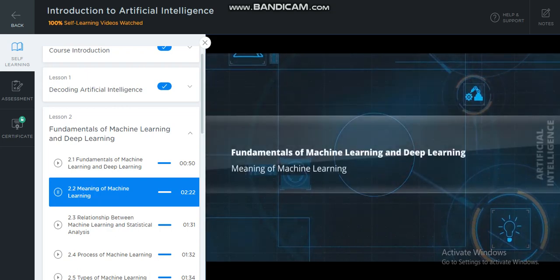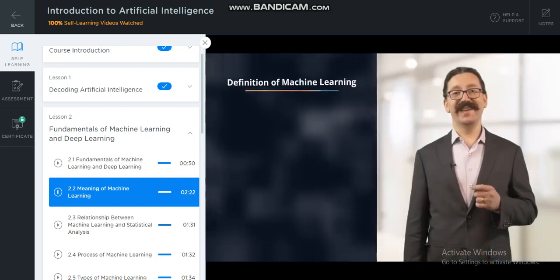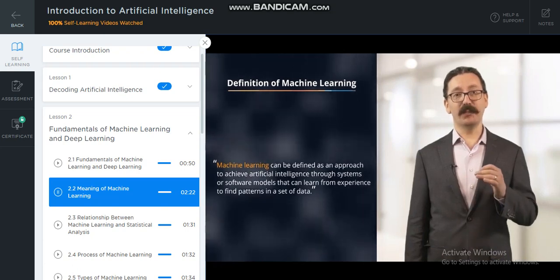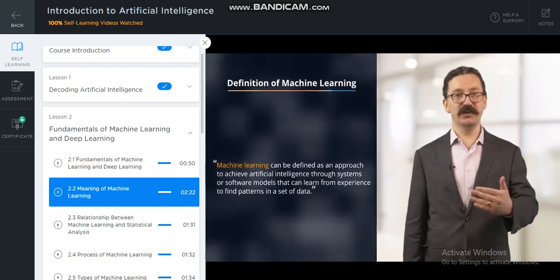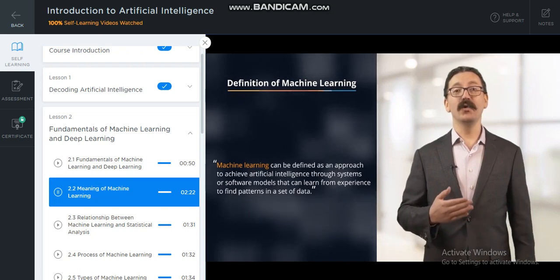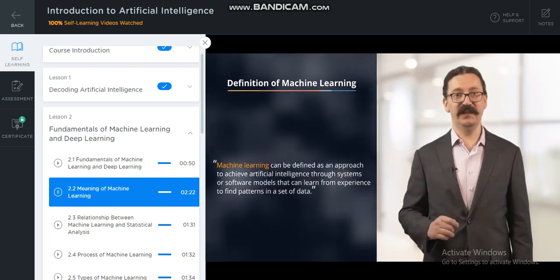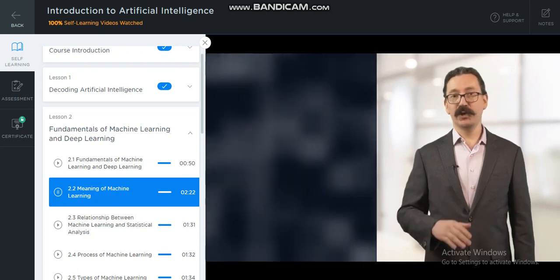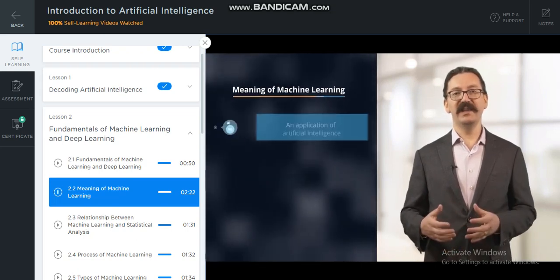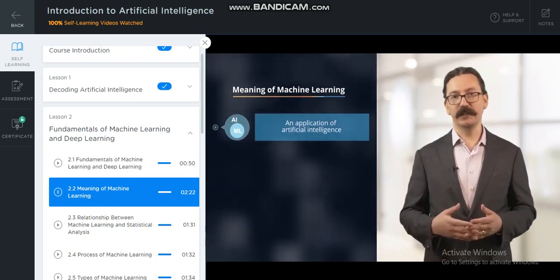Meaning of machine learning. Machine learning can be defined as an approach to achieve artificial intelligence through systems or software models that can learn from experience to find patterns in a set of data. Machine learning, or ML, is an application of artificial intelligence.